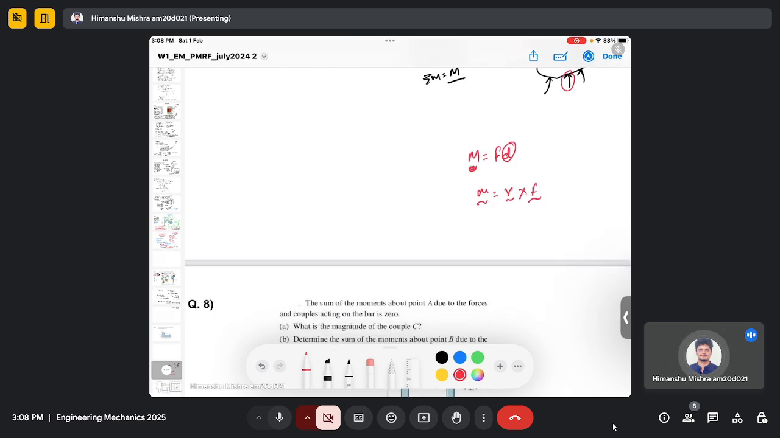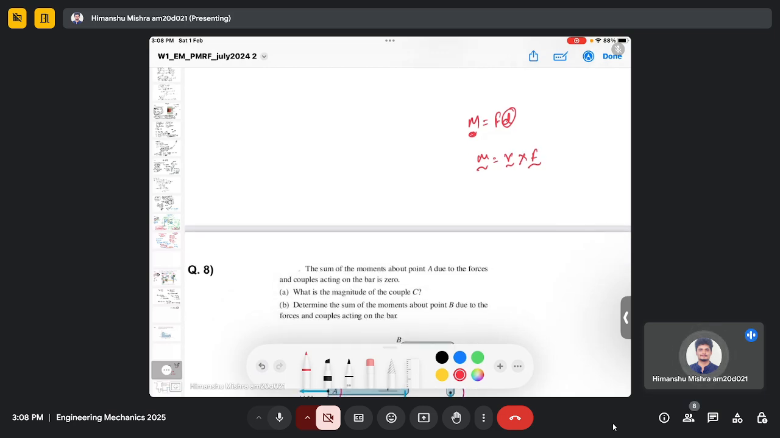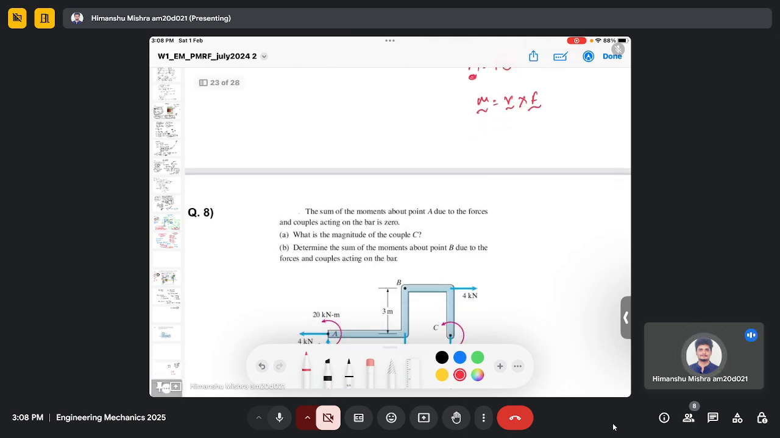So I believe we should solve a few more problems related to moments, because it's a very important concept and it will be used throughout the statics course, and it is also used extensively in truss problems. So before going to the equilibrium problems, we will solve a couple of problems related to moments, and then we will briefly